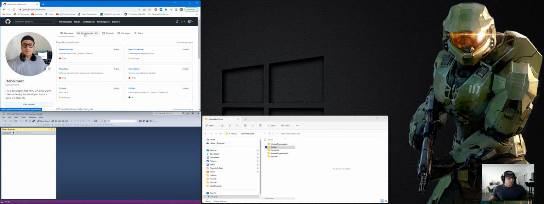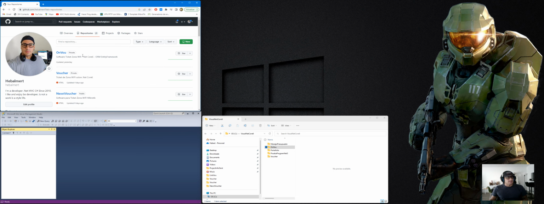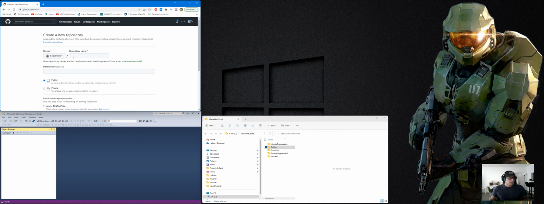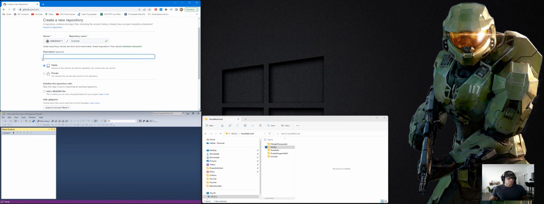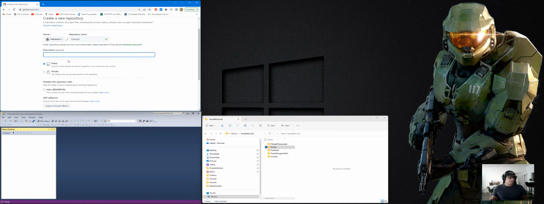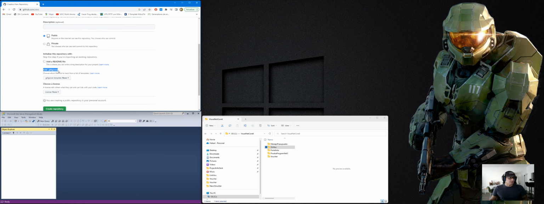Now let's go to GitHub, and in GitHub we're going to create a new repository. I already created one, but this is how you create a new one. You say new repository, and over here you put in the name, for example, and the description of the project. We're going to do that software. I don't know if it's designed in .NET 5 or 6, whichever you want. And over here in the add .gitignore,